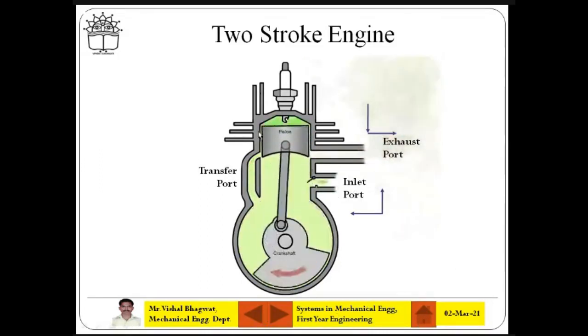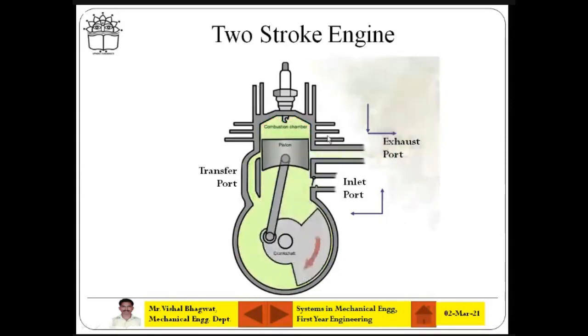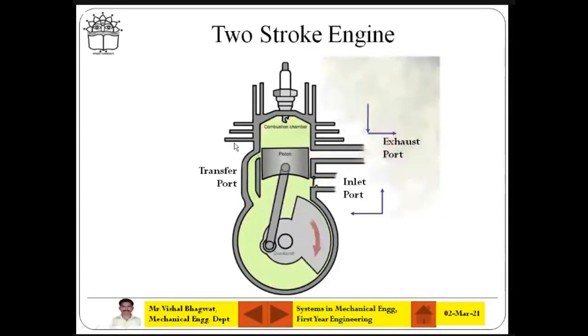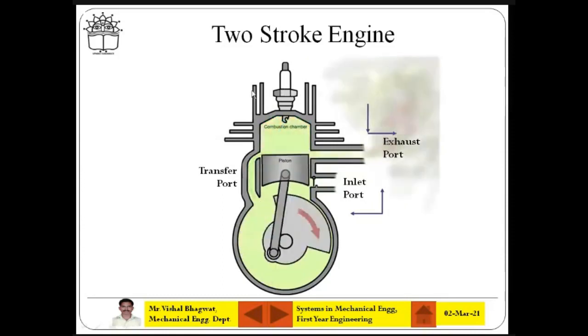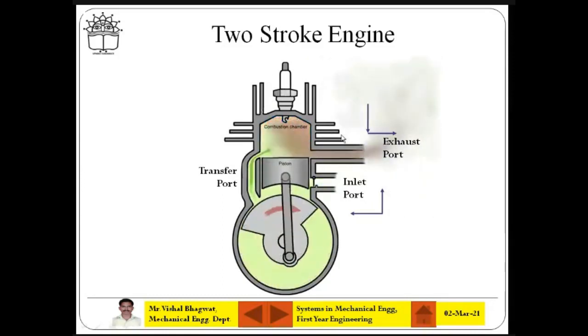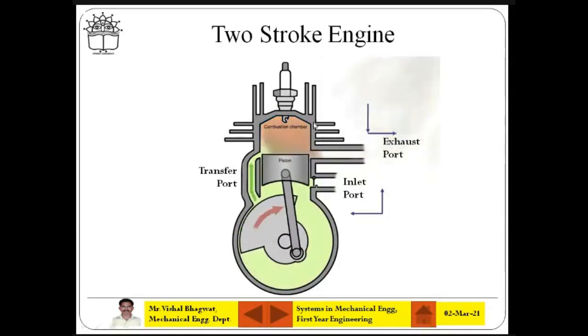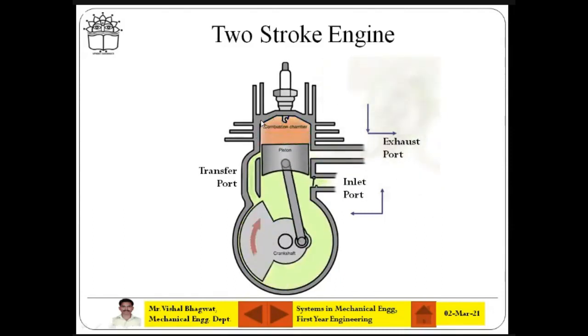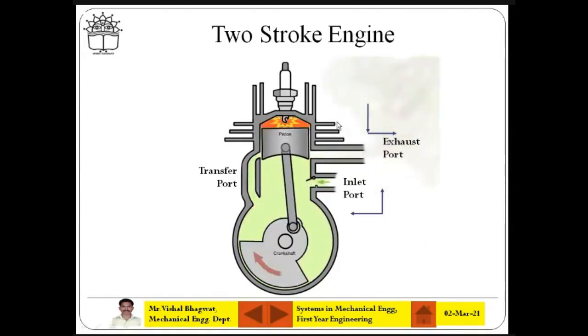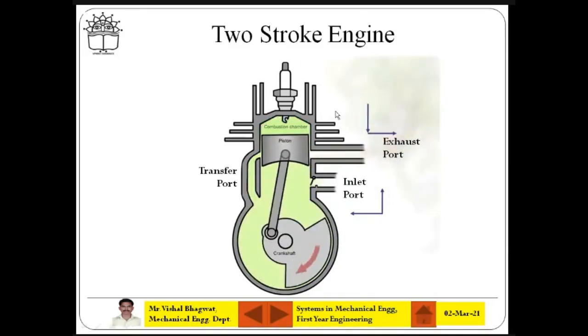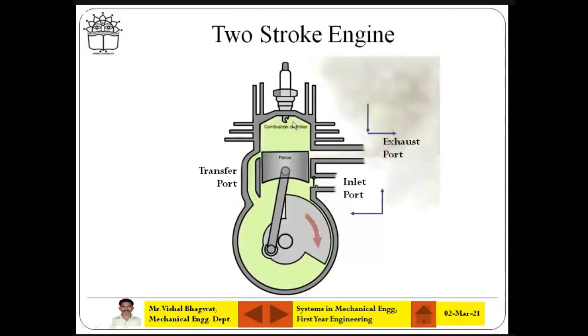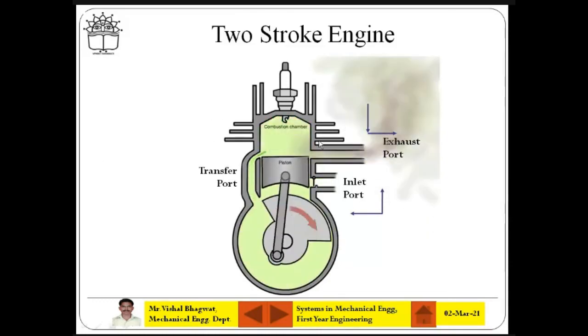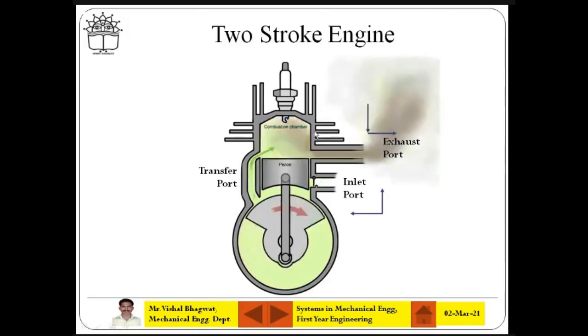Okay, so the construction is a little different. You can see these lines, just observe my cursor. Those are nothing but the metallic fins. They are used for a higher heat transfer rate due to convection. Air is in contact with these solid fins and dissipates the heat from the engine. So these fins are for heat dissipation.